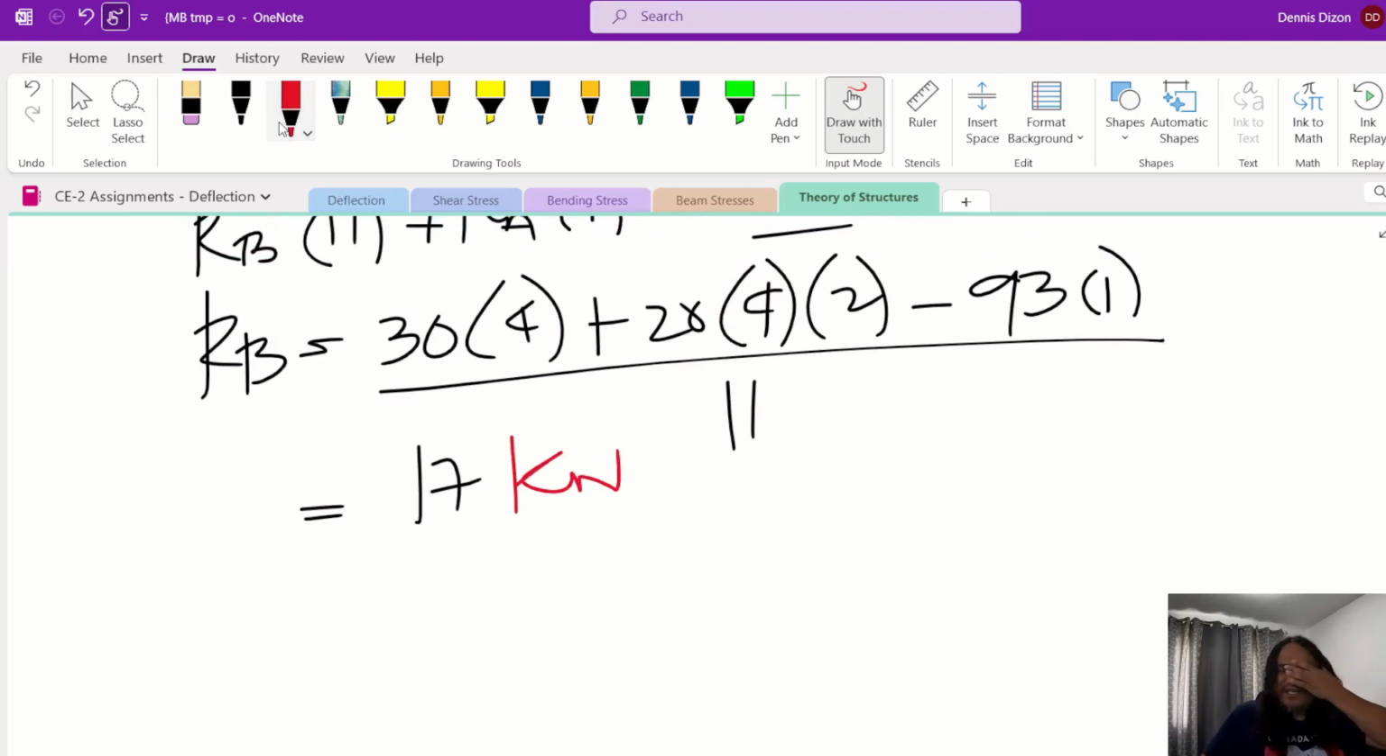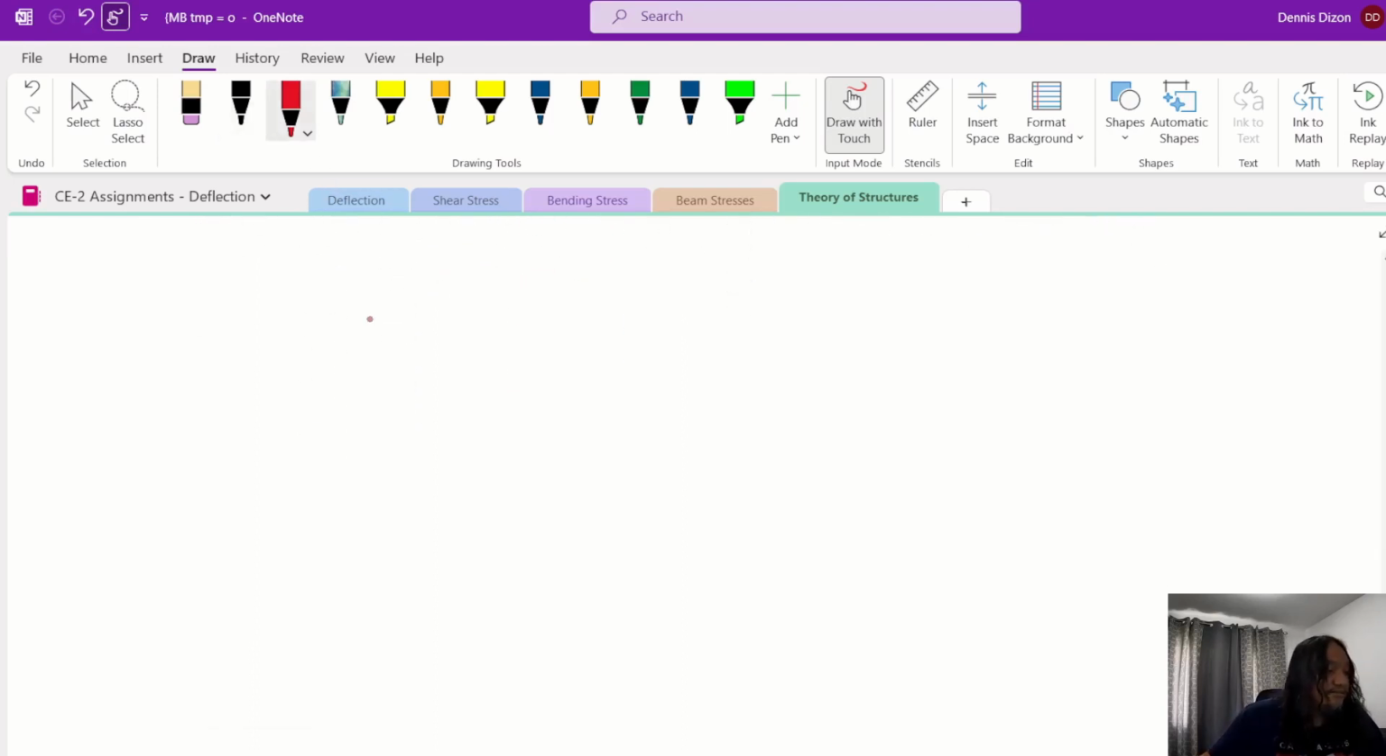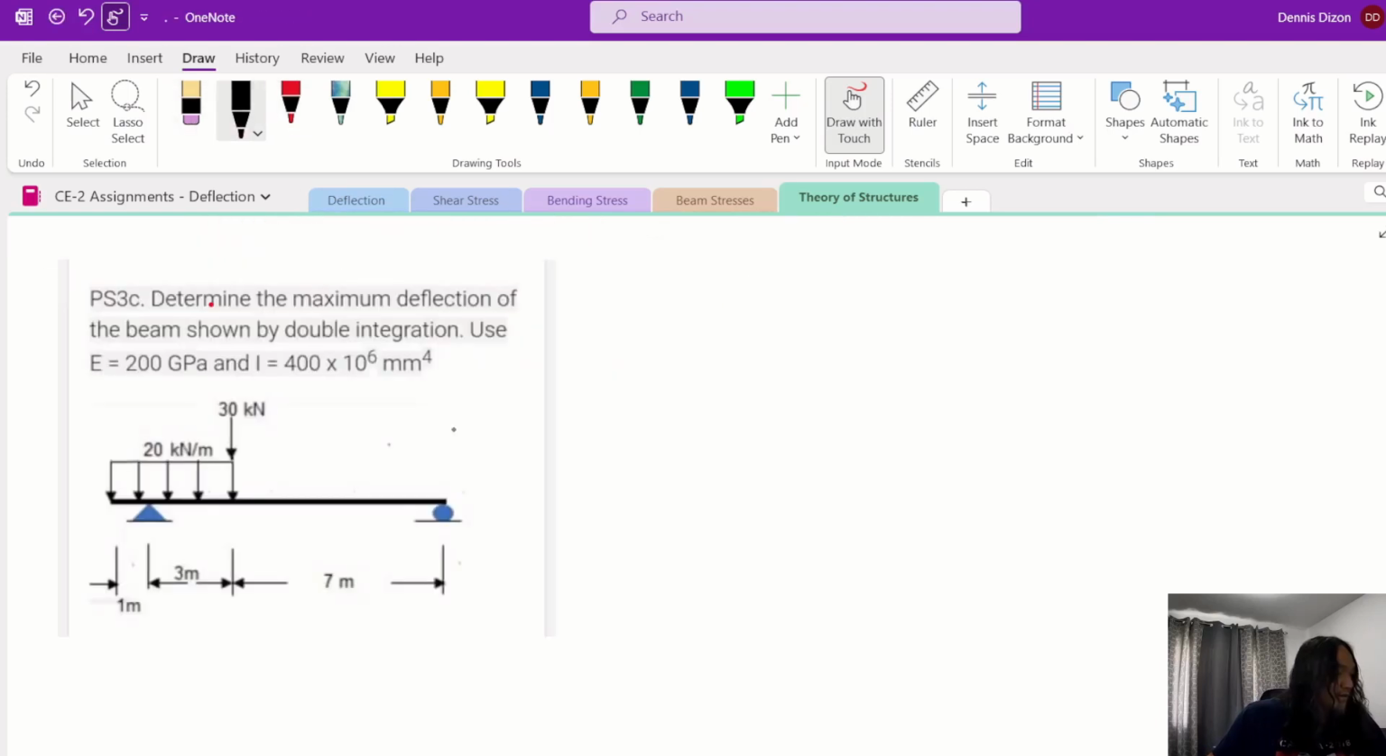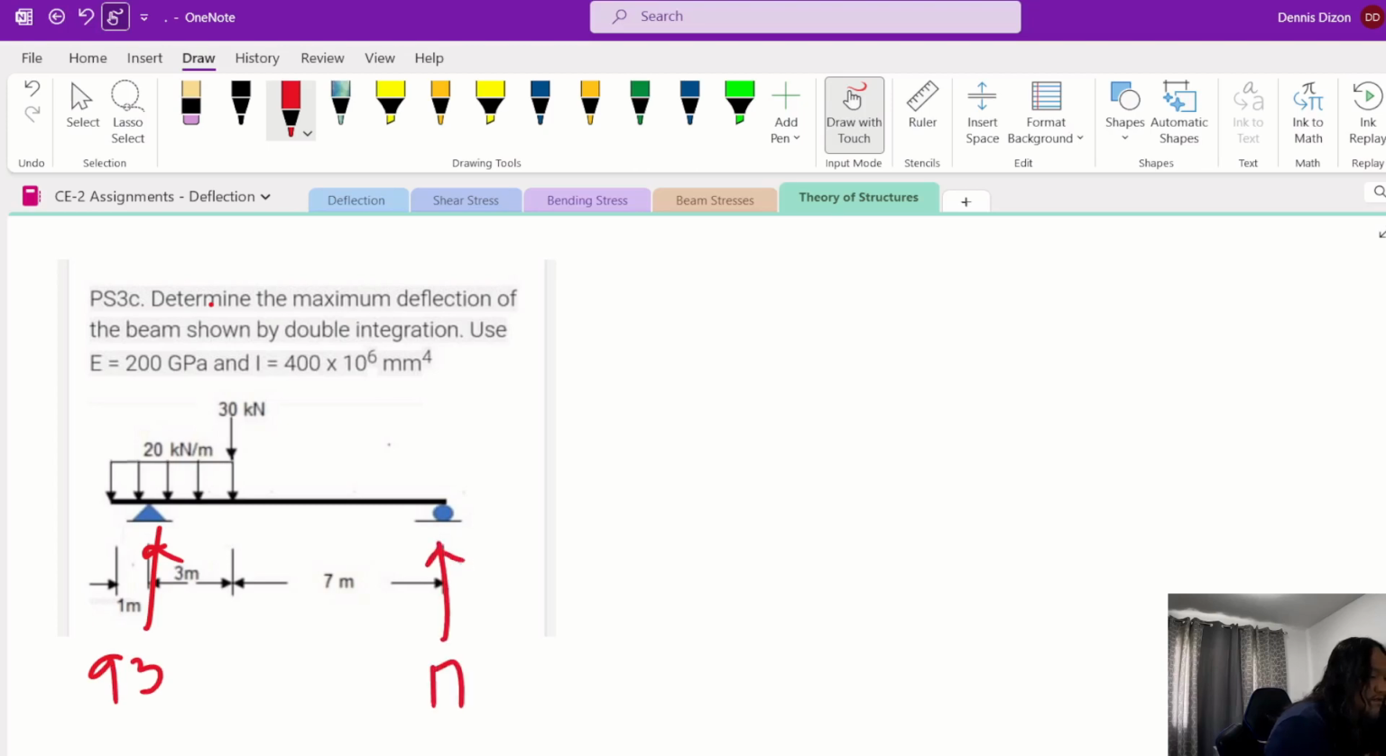So to get the moment, let's have another page. So going back to the problem, we already have the reaction at A, which is 93, then reaction at B is 17. Now,